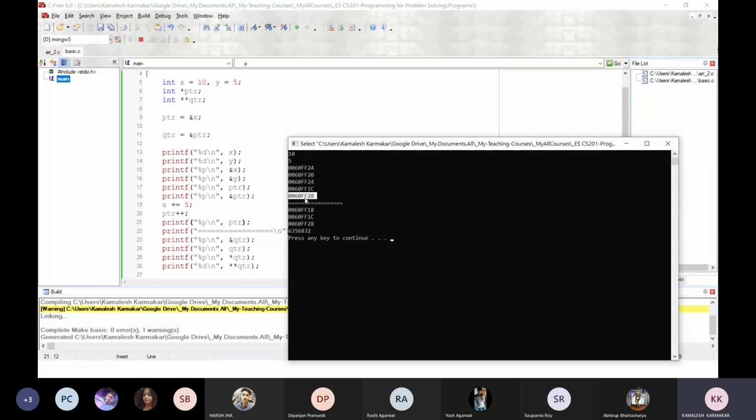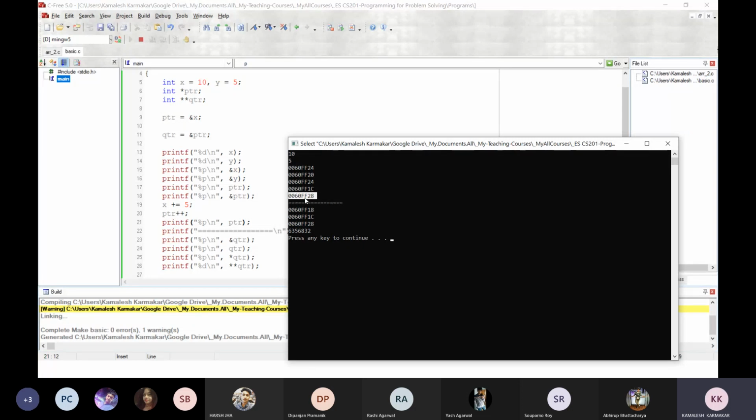So if we increment the value of a variable, which is a pointer variable, it will point to the next memory location. As it's an integer data type and the size of integer data type is 4 on my system, that's why it will be incremented by 4. So if I write x plus plus, the current value of x will be increased by 1.